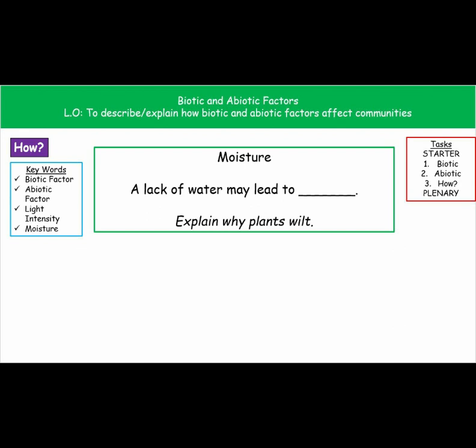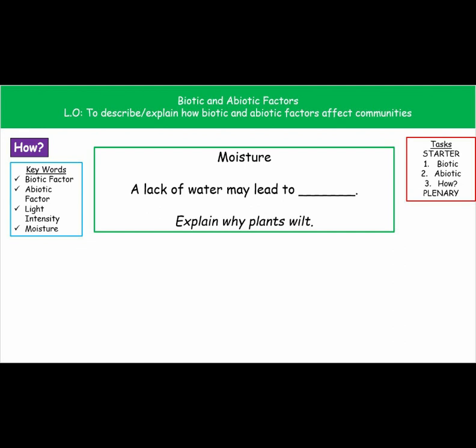So let's see if we got this right then. The reason that plants wilt is because the water is needed to keep their cells turgid. So think back to that work we did on osmosis. Plants have a plant cell wall and the water moves into that vacuole in the middle and it causes it to push out against the cell wall, making them turgid. If there's not enough water, the vacuole can't do that. The cell wall therefore isn't being pushed upon and therefore it will wilt. If you need a reminder on that, then obviously stop by a bit later on for the lesson I'm doing